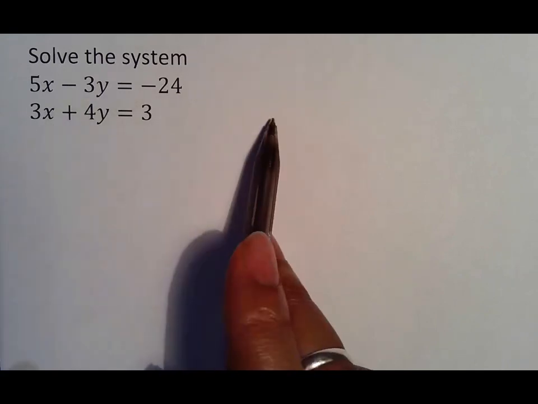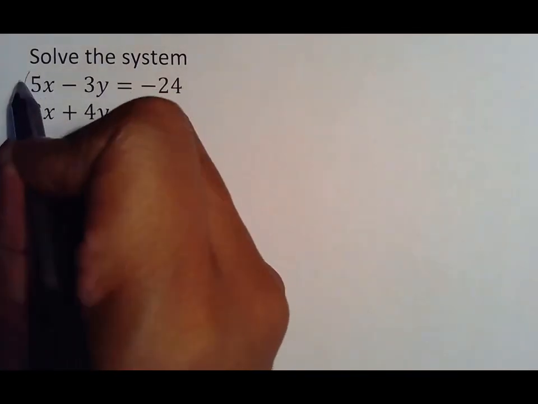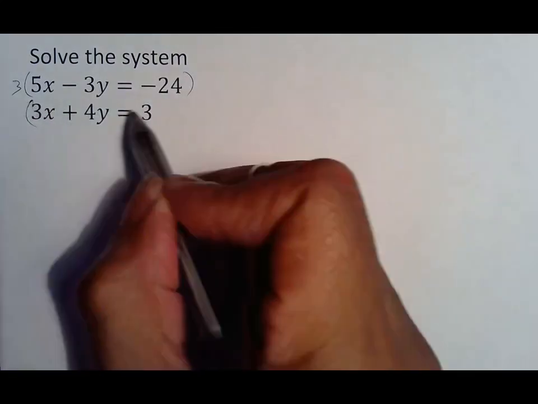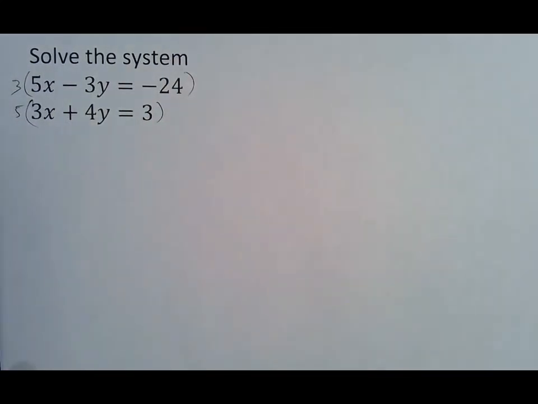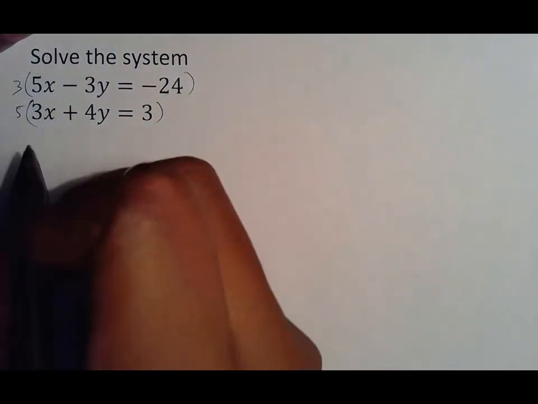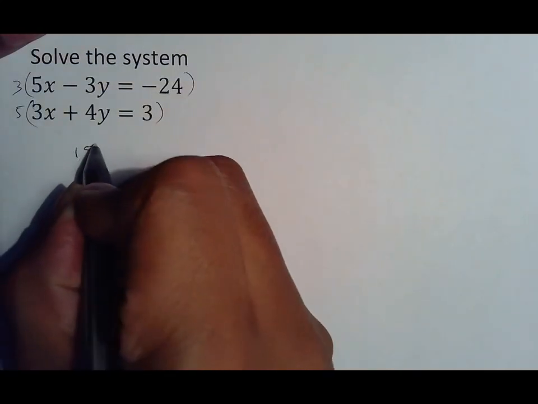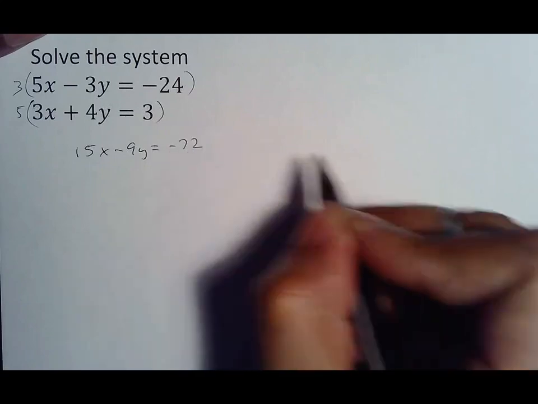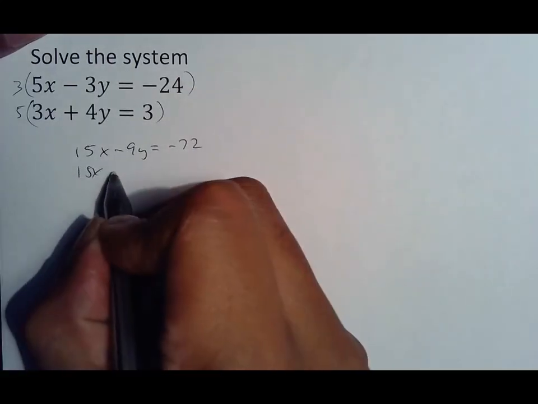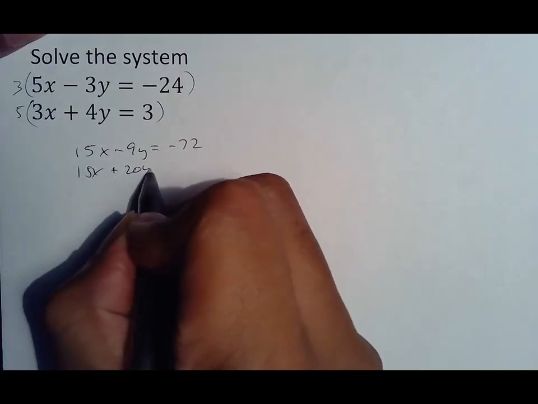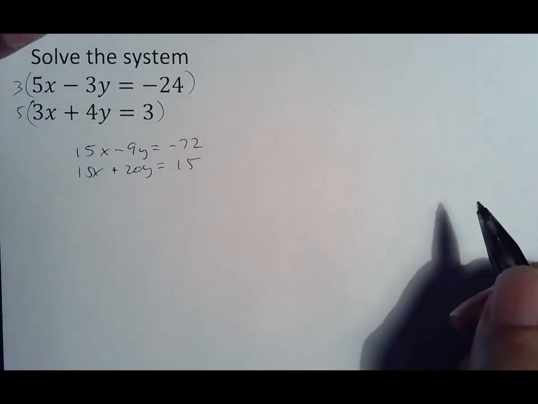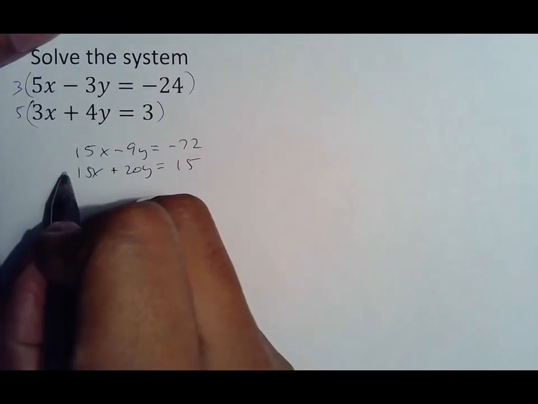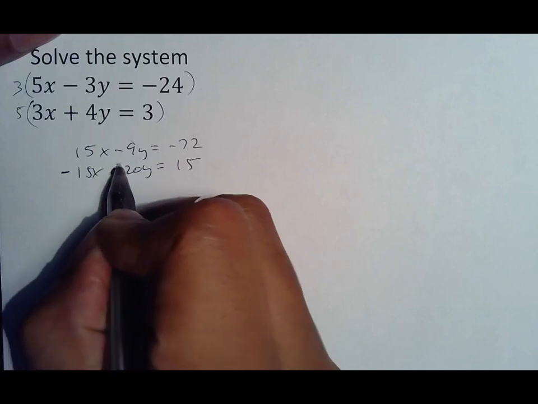Anyway, solve the system here. Again, same thing. That needs a 3, this needs a 5 because I'm eliminating x. Distributing safely, 15x, 9y, and I believe that's 72, 15x, 20y, and 15. Again, whenever I switch, I usually just switch, scribble and switch, and the reason I scribble it out is so I mentally know that's not a plus,